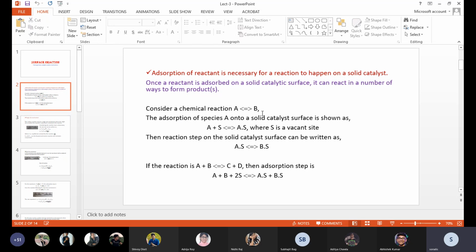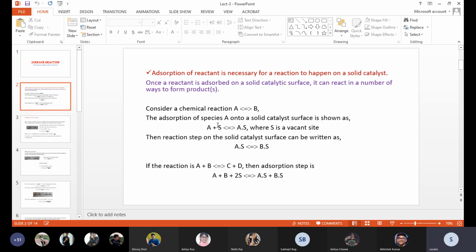Consider a chemical reaction A to B. Look, it is a reversible reaction, A to B. Again, some B is converted to A. So it is a reversible process, and all reversible processes end at the equilibrium stage, where there is always a conversion of A to B and B to A, but there is no net conversion of A to B or B to A. The conversion is fixed at the equilibrium stage, but it is dynamic.